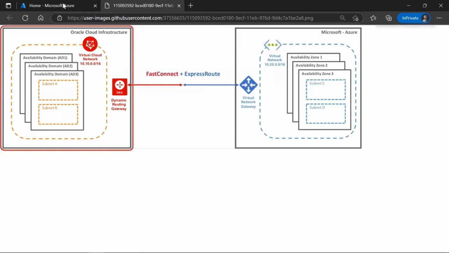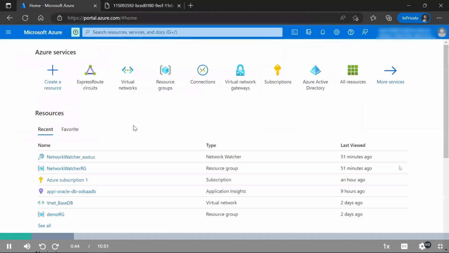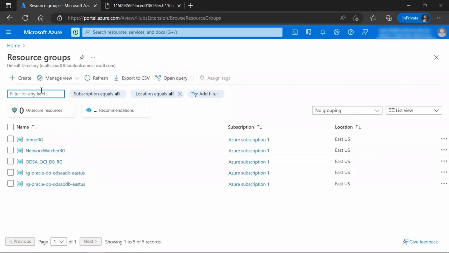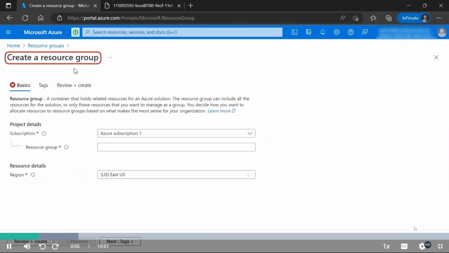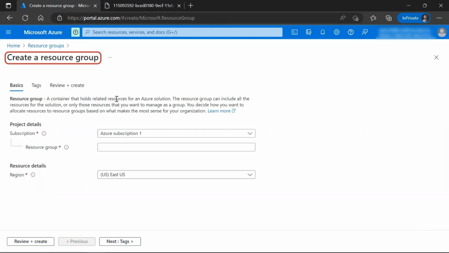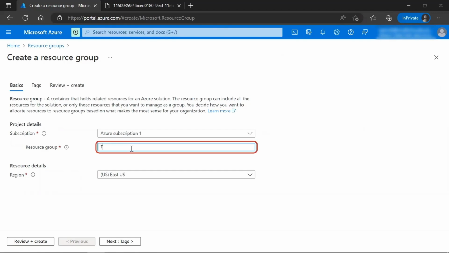So let's get started. On the Azure side, the first thing that I'm going to create is a resource group. So let me click on resource group. Let me click on create. Now this resource group is very similar to a compartment in Oracle Cloud Infrastructure. It's basically a grouping of related resources. So I'll give my resource group a name and I will call it